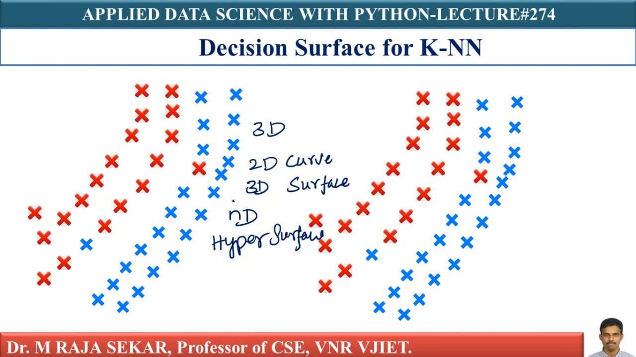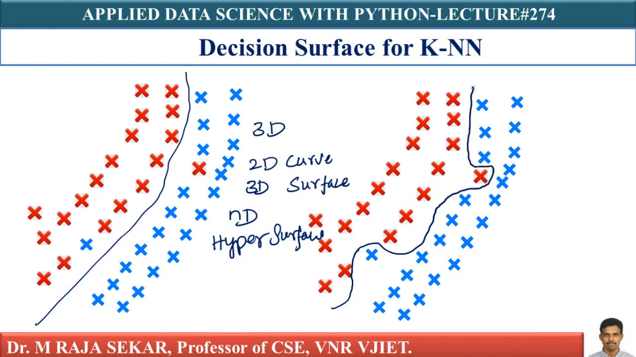What we are seeing here is 2D. If this data is in n-dimensional space, it is no more a simple curve like this. It is a surface or hypersurface. This is my case 1, and this is my case 2. The case 1 and case 2 are called decision surfaces, and decision surfaces help us in understanding